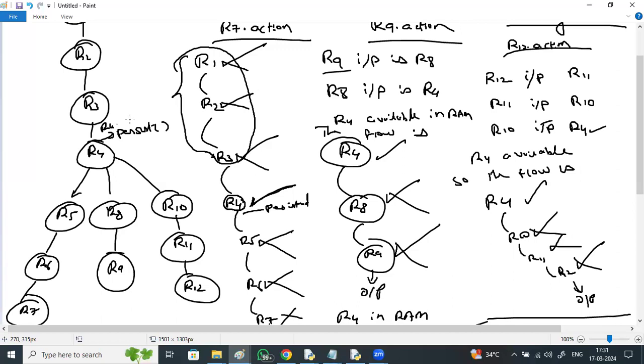So, for example, if R7 is still running, I can't unpersist it. You say, after all 3 flows executed and all the 3 flows output is collected, or do you still not have the output of a particular flow? Yes, I still did not get the output. Then you cannot do that, right?